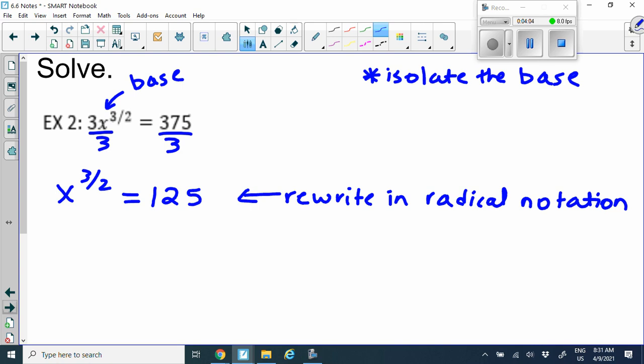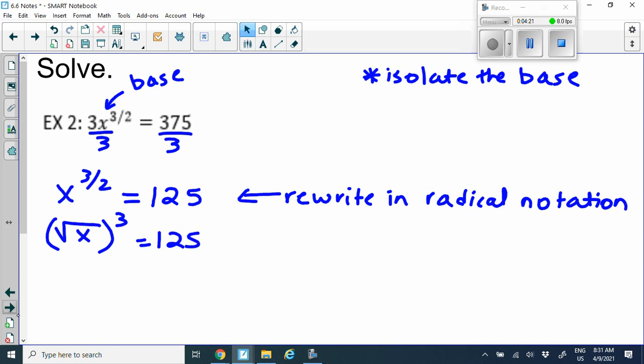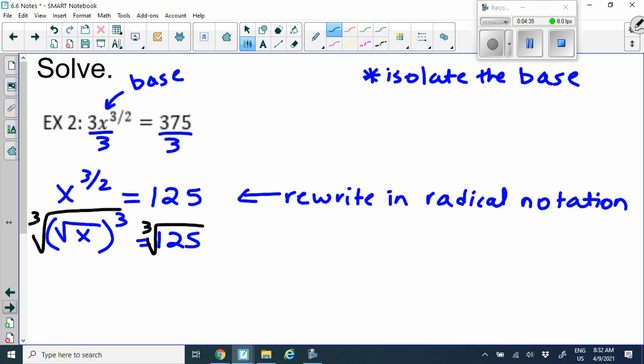Okay, let's see what you got when you rewrote it in radical notation. So x is our base, 3 is the exponent, and 2 is our root. So we have the square root of x to the 3rd power, okay? And that's equal to 125. Now our next step is we need to get rid of the power of 3, or the exponent of 3. The inverse or opposite of a cube is a cube root. So our cube root and 3 cancel each other out, so I'm left with the square root of x equals,